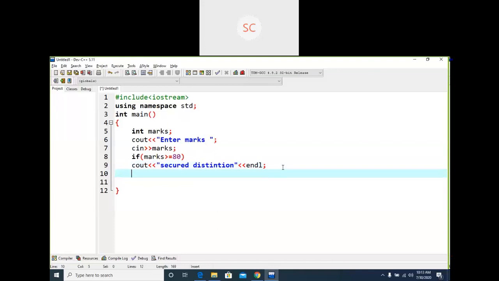Else if condition 2: marks greater than or equal to 60 and marks less than or equal to 80, or less than 80.